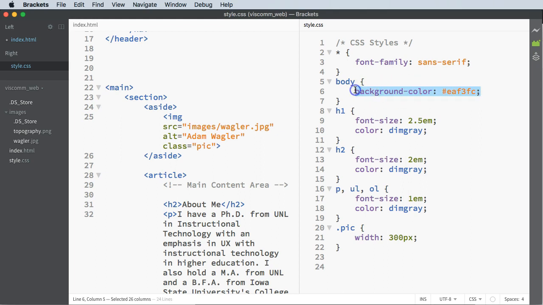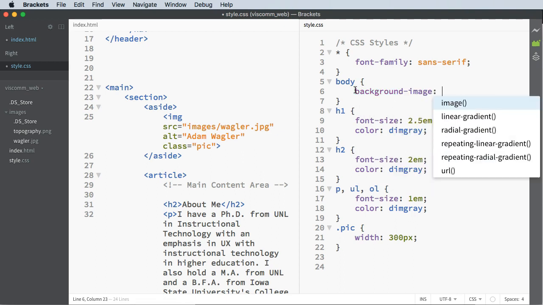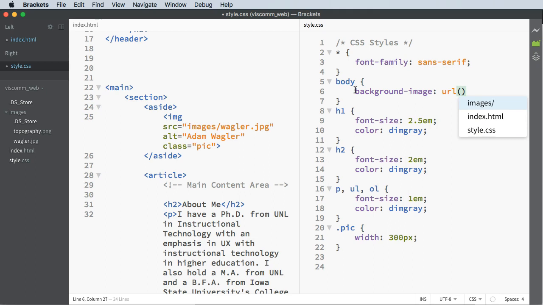So if I highlight this and just type in background, just like we've done in the past, and do image, we don't want image, we want URL. Okay? Now this is going to pop up what we call a relative path, if you remember that from Web Module 1. Okay? So this is going to go find that image that we downloaded. So keep in mind the relative part is relative to the file that we're typing in. So we're typing in this CSS file, the style.css. It's going to go find an images folder and then the